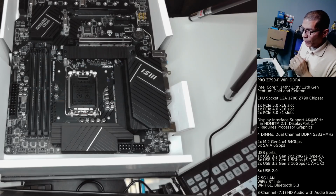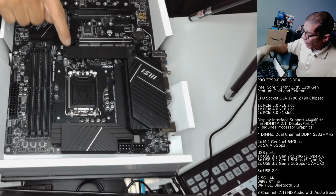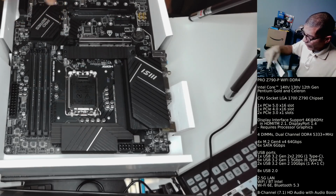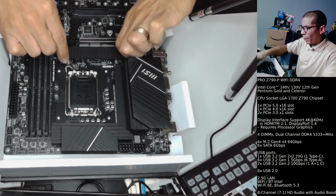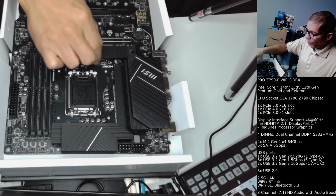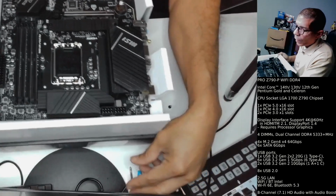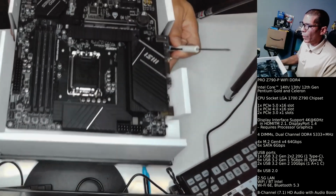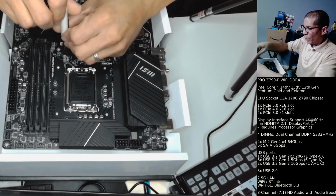Memory. Another thing that you can tell right off the bat is that I have these little connectors here that might not mean much. Let me see if I can undo this one, but those are for your M2 drives or your SSDs. So right away you can tell that, and I'm going to remove this heatsink that comes for the